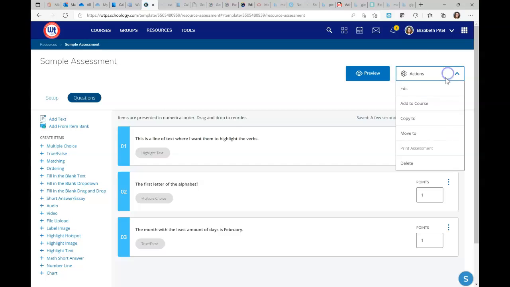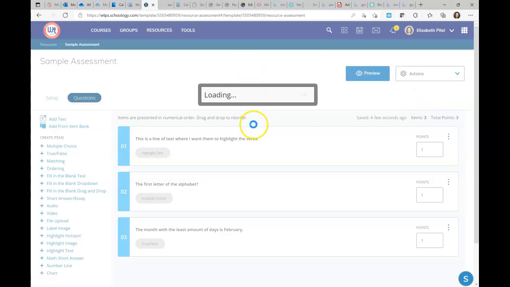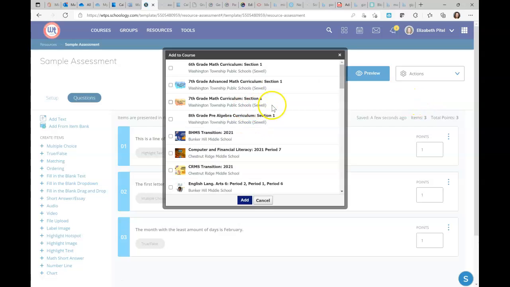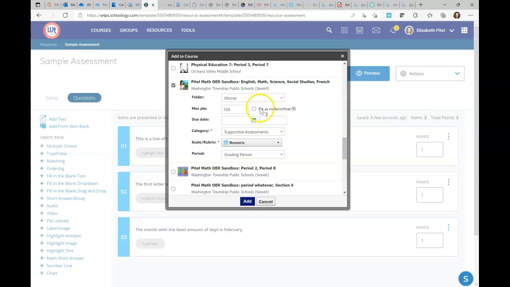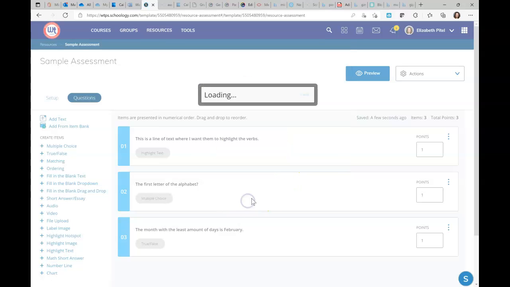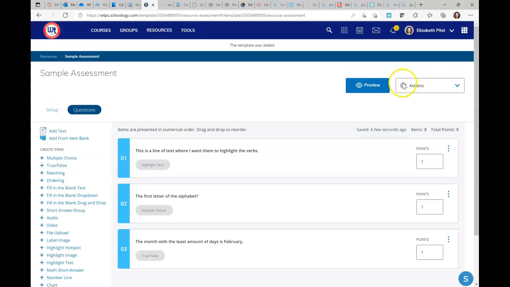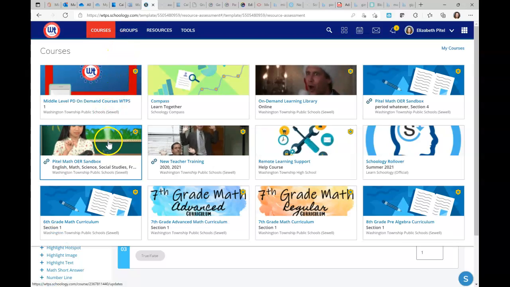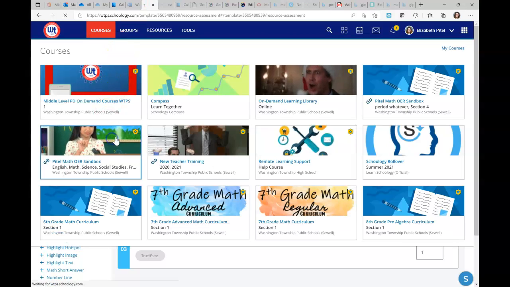I'm going to use the actions gear to add this back into my course. So then I'm going to select the course. Okay, and at this step, we can literally choose what folder, what the due date is, your max points, whatever you want. You can set that up now. All right, and that's going to be back in your course. Okay,